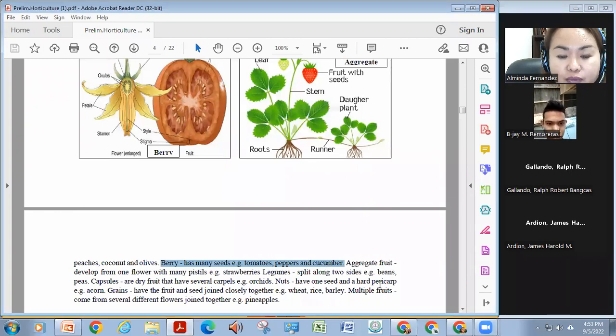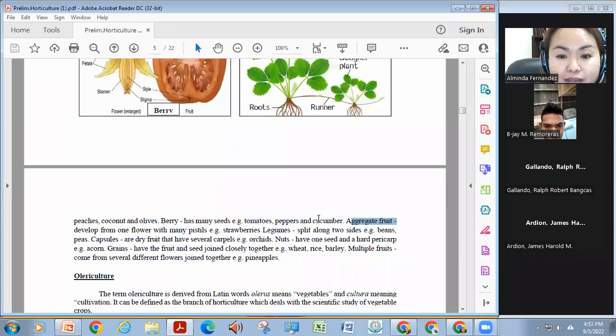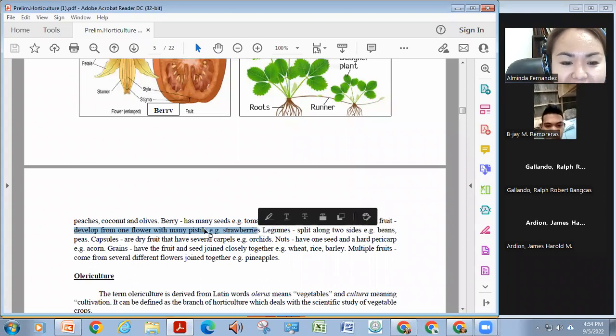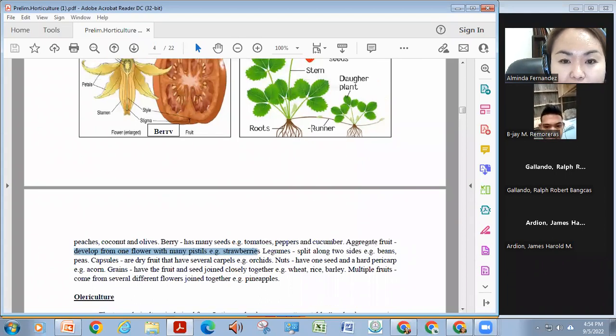And we also have aggregate fruit like the strawberry. So again, the strawberry is not a berry, but an aggregate fruit, which is developed from the flower with many pistils. So many pistil o marami siyang